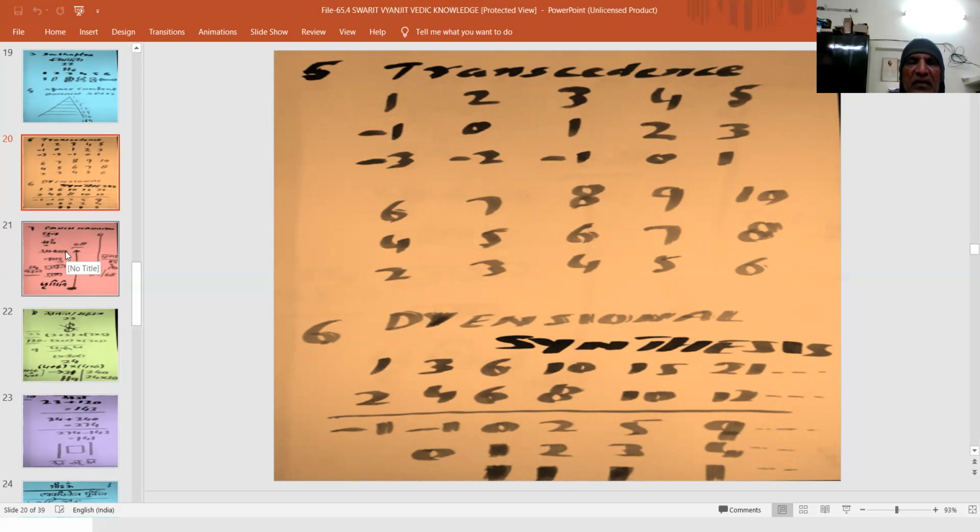9 vowels are 9-dimensional spaces. These 9-dimensional spaces are having their dimensional frames. The transcendence within first vowel has one space with dimension -1 and dimension of -3. Two space with dimension 0 and dimension -2. Three space with dimension 1 and dimension as equal to -1, and so on.